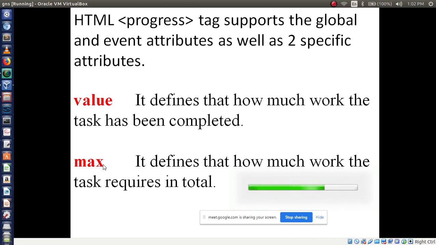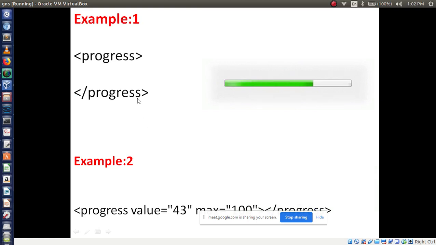After reaching the maximum value, this icon will disappear from your web page. So you have two attributes, value and max. The code is like this: progress and slash progress.